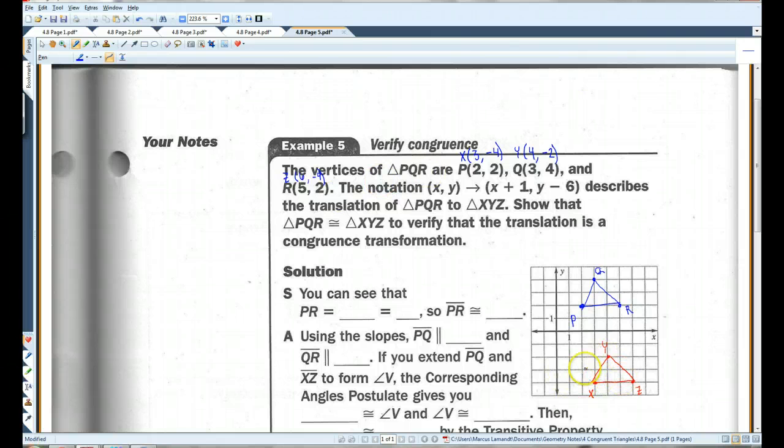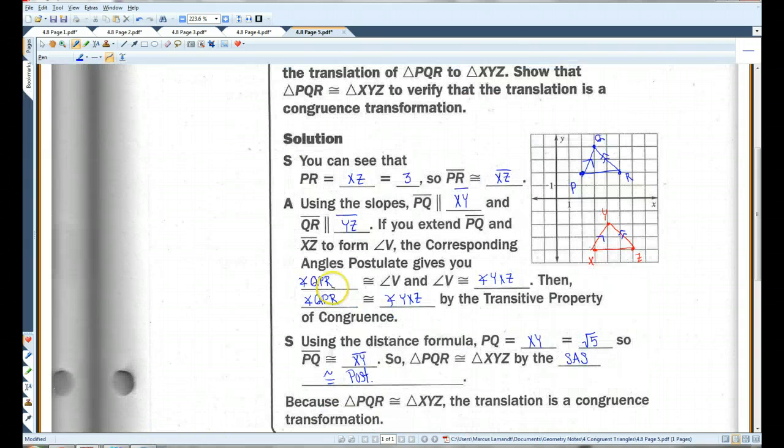Alright, so here is our new figure. You can see that PR is the same distance as XZ. And that equals 3. So PR is congruent to XZ. Also, using the slopes, you can tell that PQ is parallel to XY. And QR is parallel to YZ. If you extend PQ and XZ to form angle V, then the corresponding